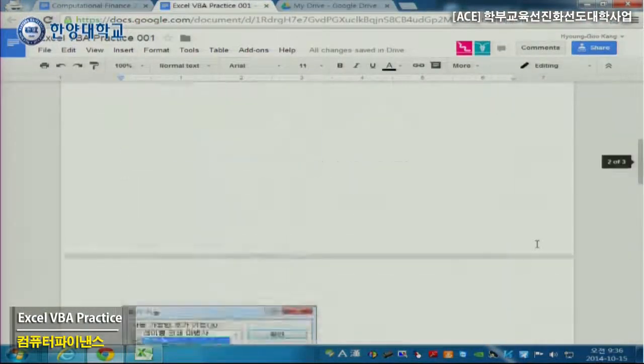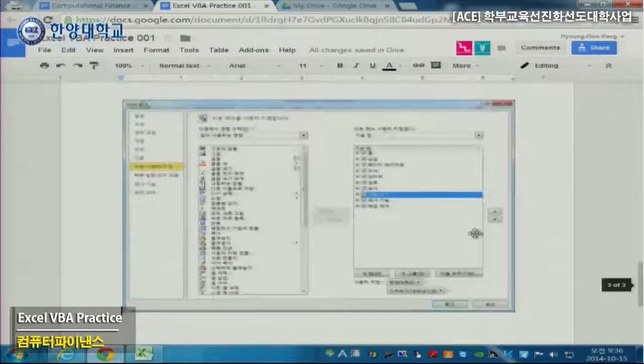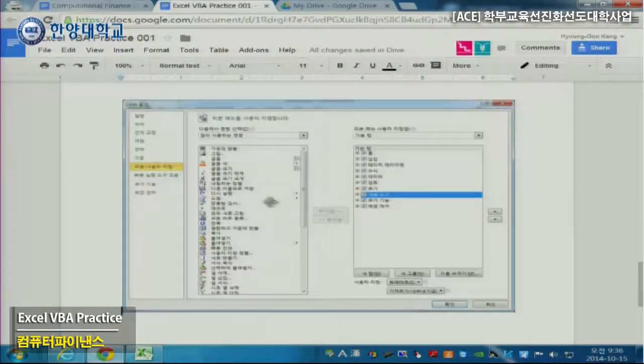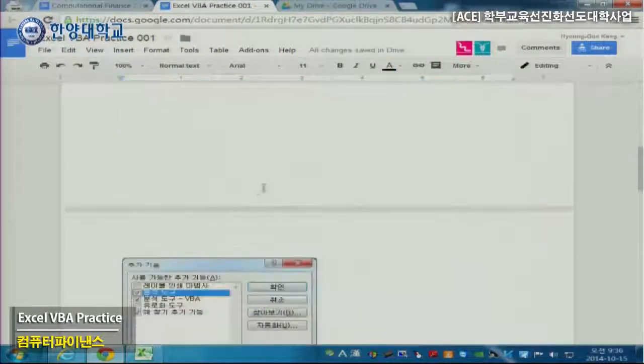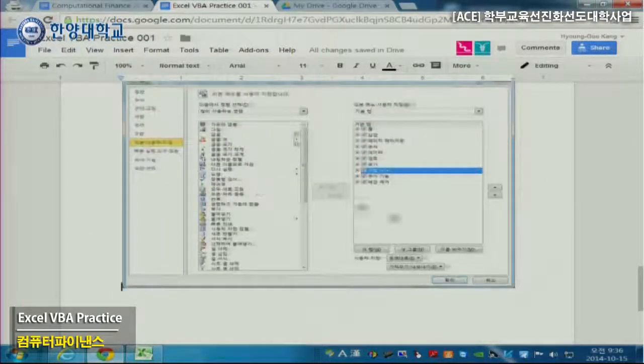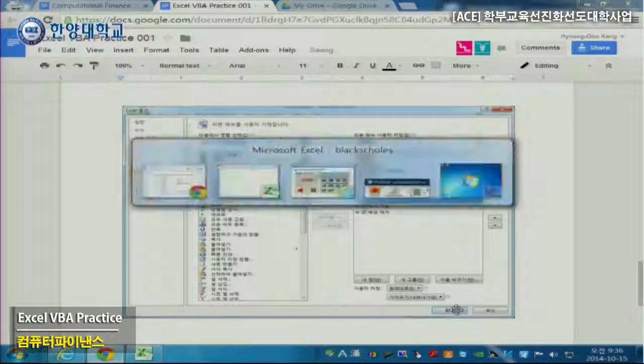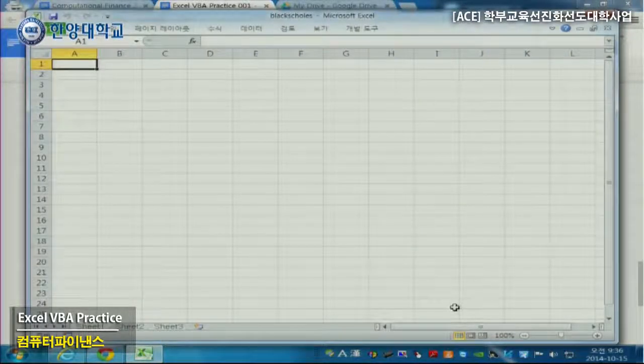I'm writing down everything step by step. So in the course page, you can go to Excel VBA, then you will see this, and this is just a step by step guideline, so that basically you don't have to write down anything for this class. Okay, I think I'm too kind. Anyway,